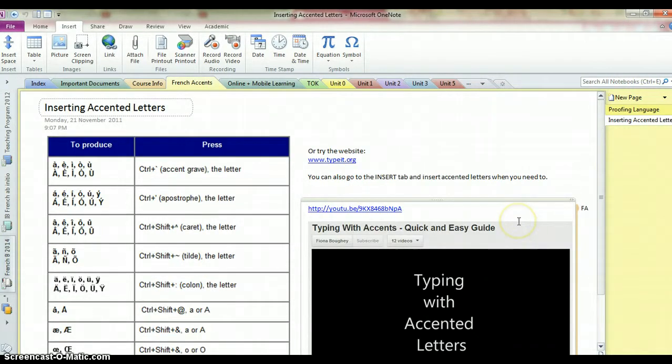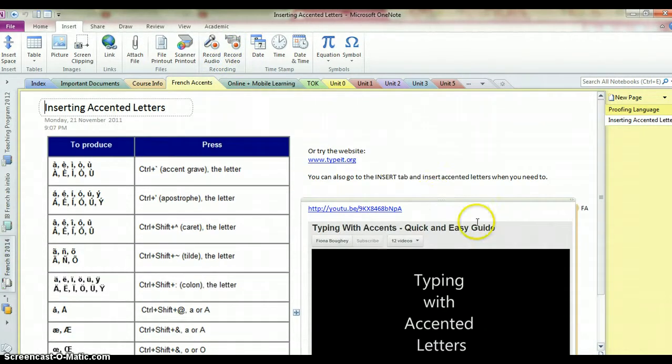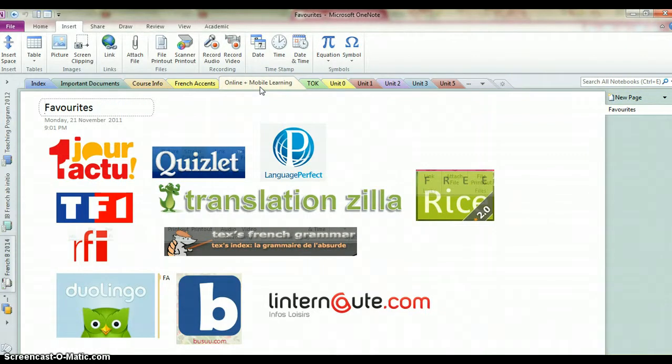One thing that you can do is record video straight into OneNote, or audio, but that's not what I did with the YouTube one. A tab I put together with these are lots of links, so this is links out to places that they can go online to improve their French. So what I did there to insert a link, well, that's a picture there, and then to